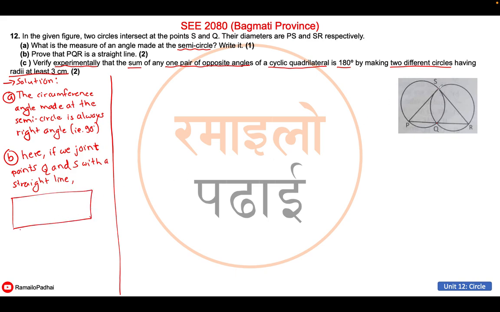I will be constructing here, joining Q and S, a straight line. Angle PQS